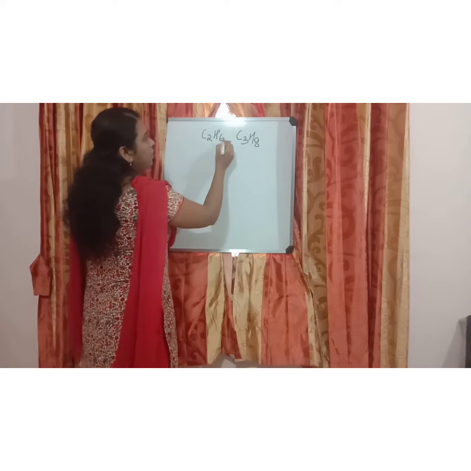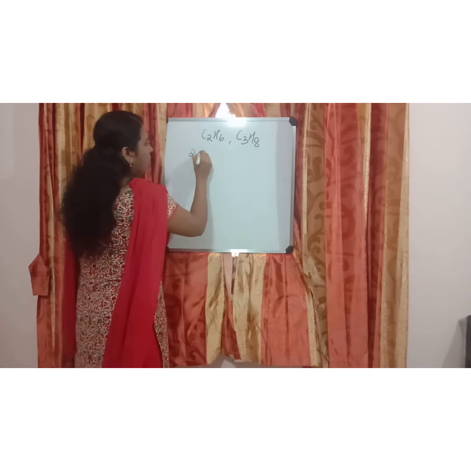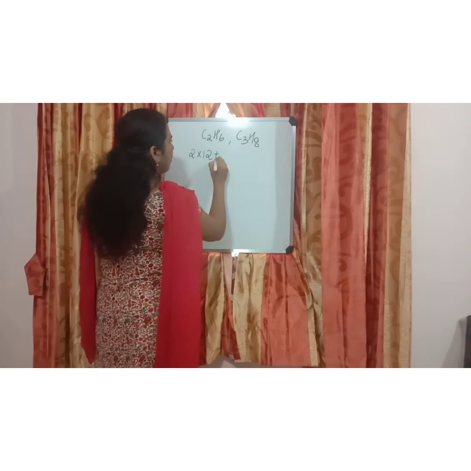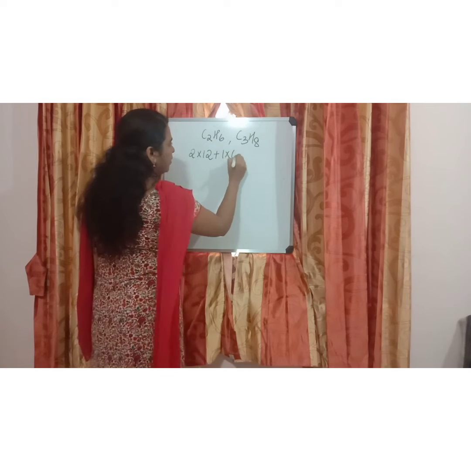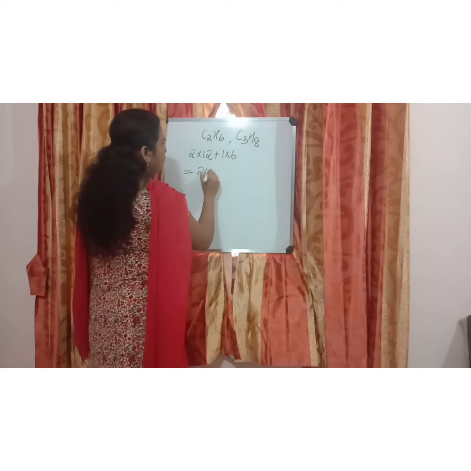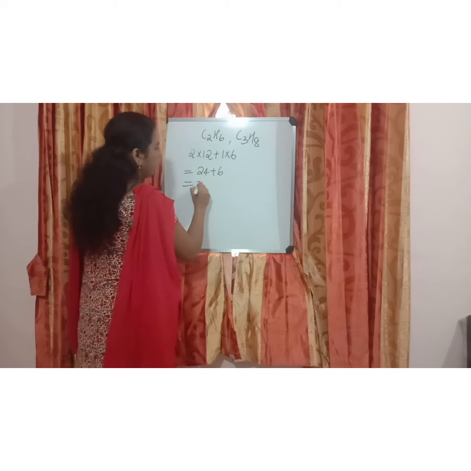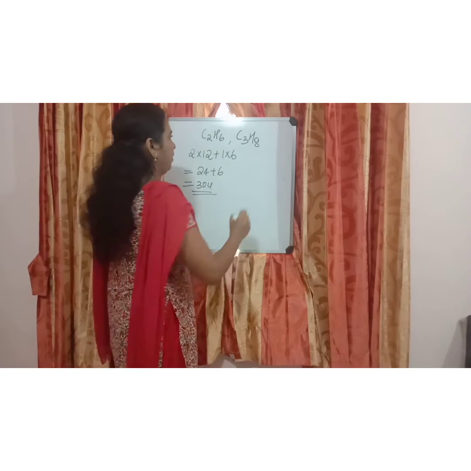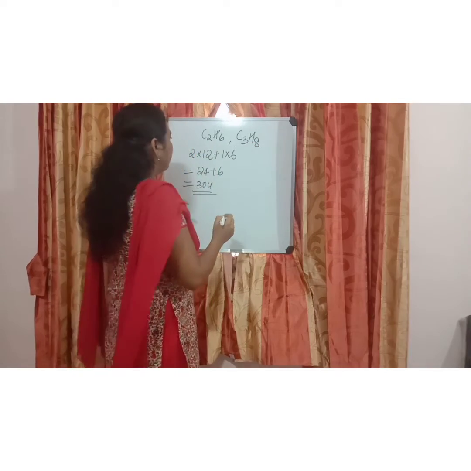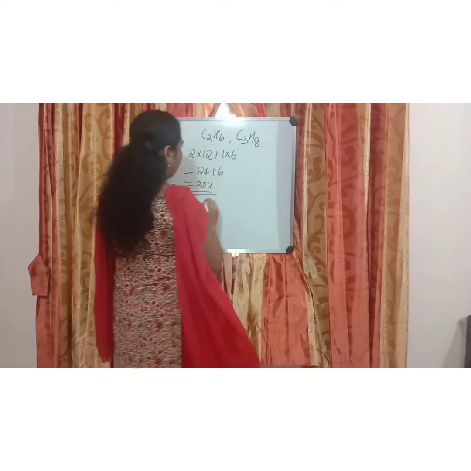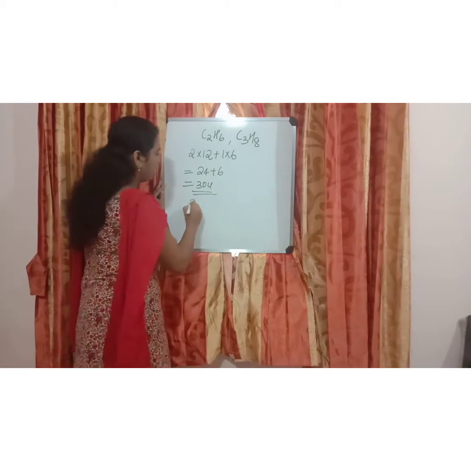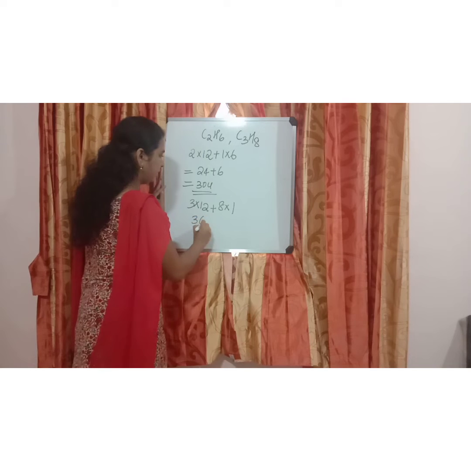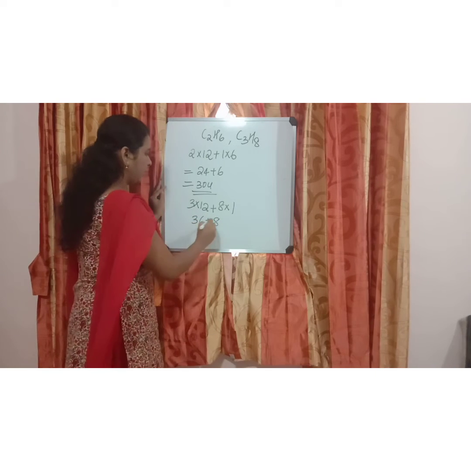Here, in the case of C2H6, we know that 2 carbon atoms are present. So 2 into the atomic mass of carbon, which is 12, plus 6 into 1, that is 24 plus 6, so it is equal to 30U. So 30U is the molecular mass of ethane. Then what about the molecular mass of propane? Okay, let us calculate. Here 3 carbon atoms are there. So 3 into 12 plus 8 into 1, that is 36 plus 8. It is equal to